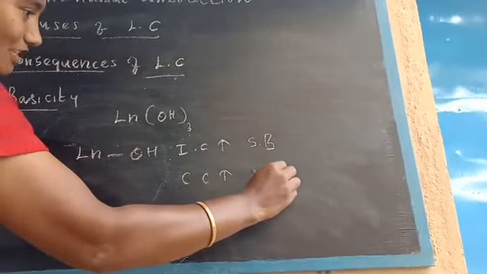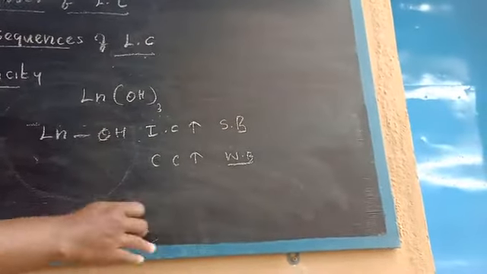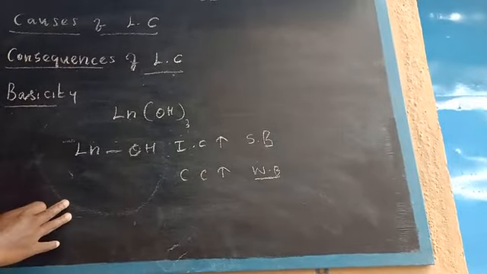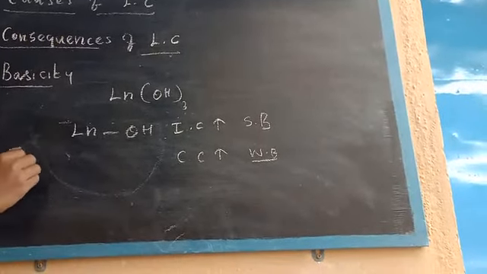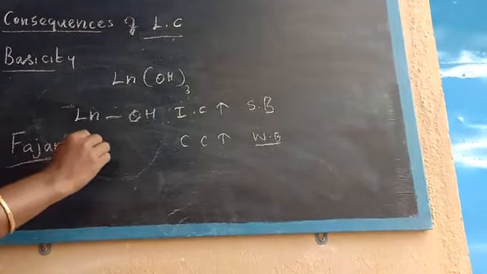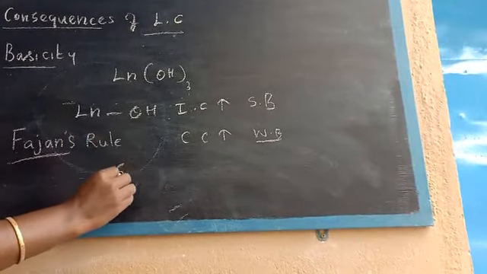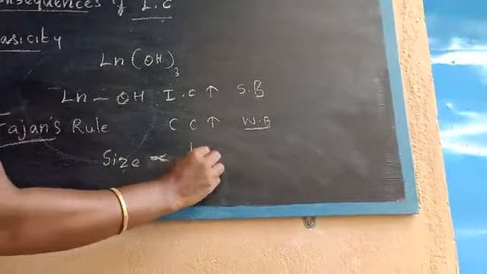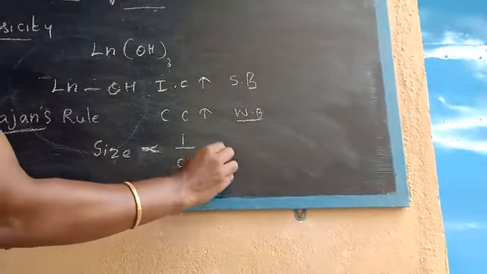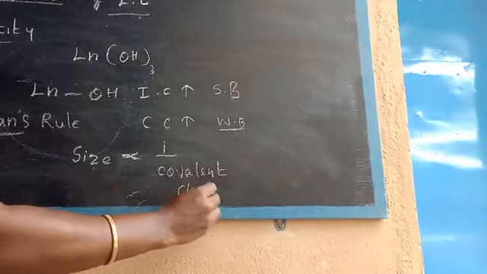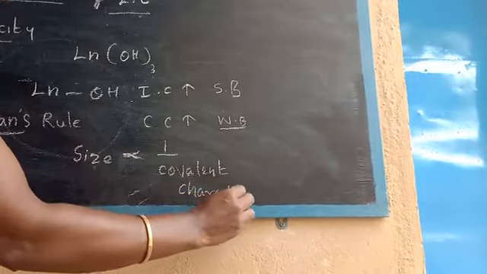Now this concept is explained based on Fajan's rule. What is Fajan's rule? Size is inversely proportional to the covalent character. So in lanthanides, the covalent character